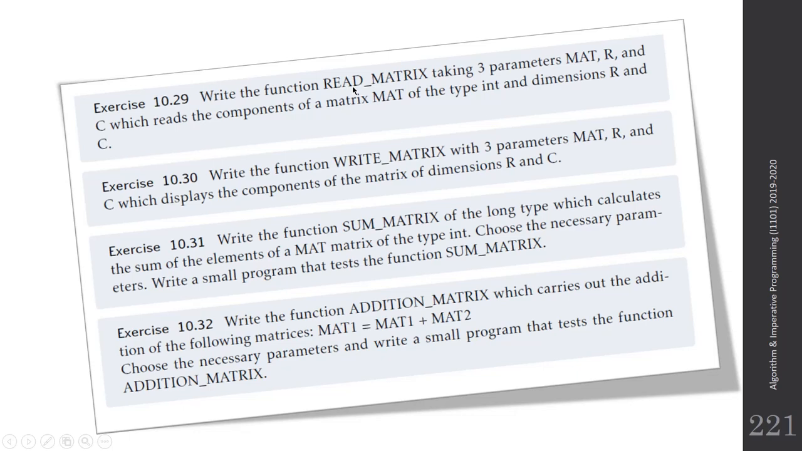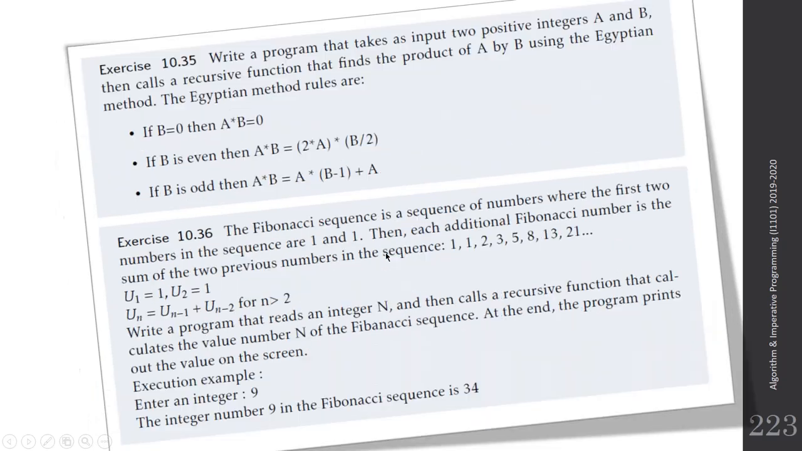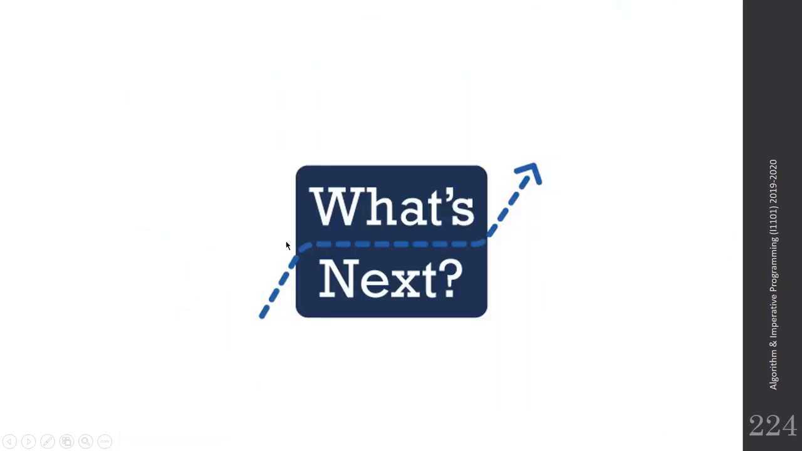And then we move to two-dimensional arrays, which is reading in the matrix, writing a matrix, summation, addition, and the multiplication with real numbers and matrices. At the end, we have in the booklet two recursive exercises too, which are the Egyptian multiplication and the Fibonacci sequence. So we'll be solving them using recursion. So this is it for this semester and this chapter, the